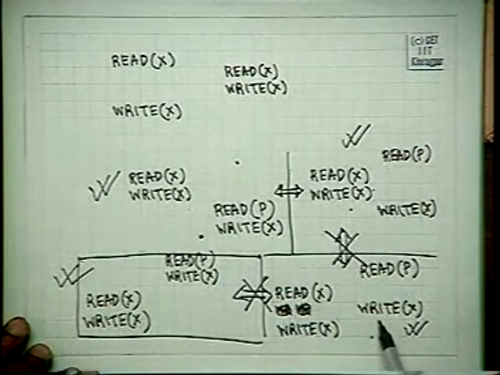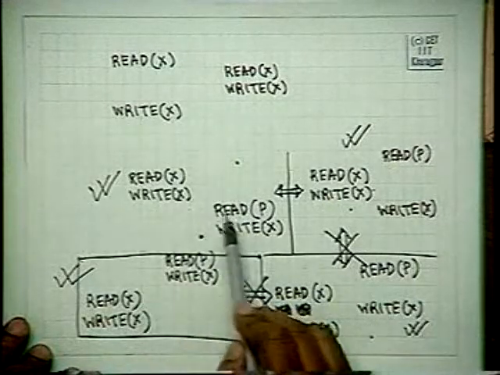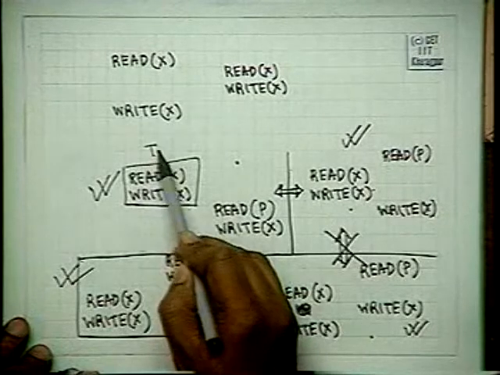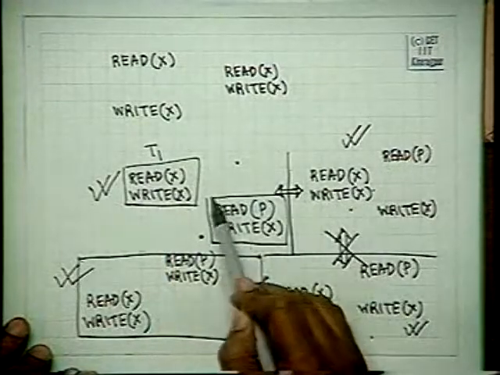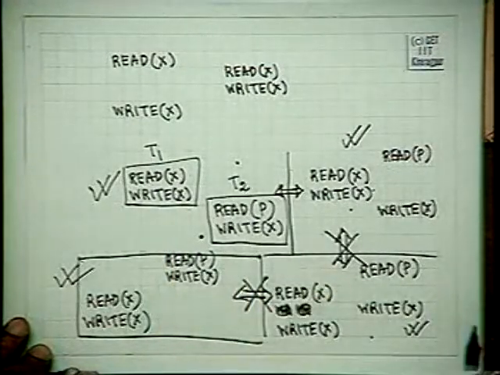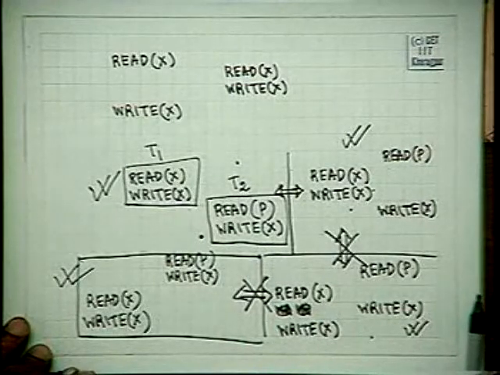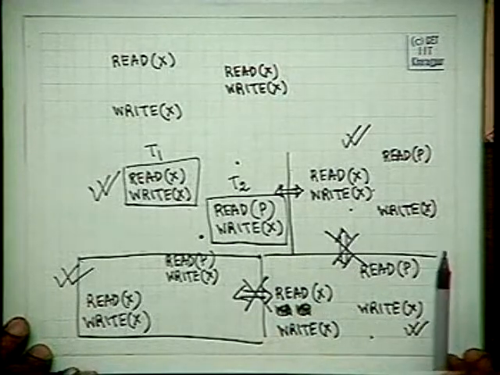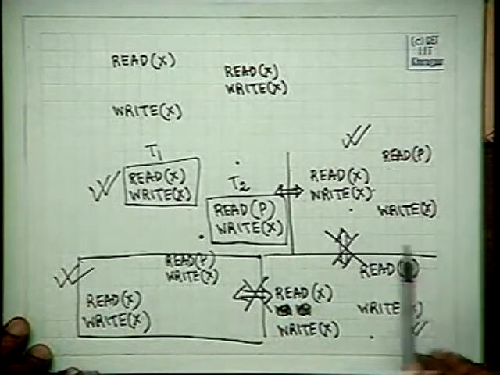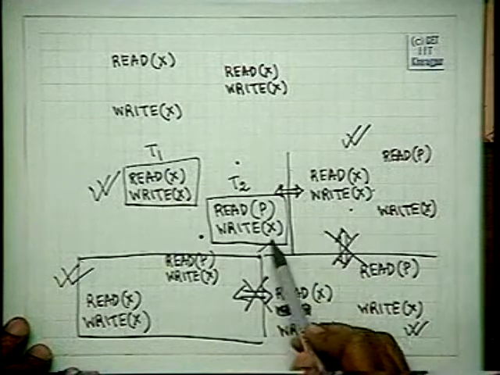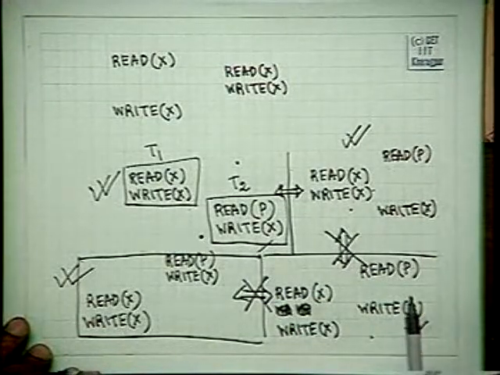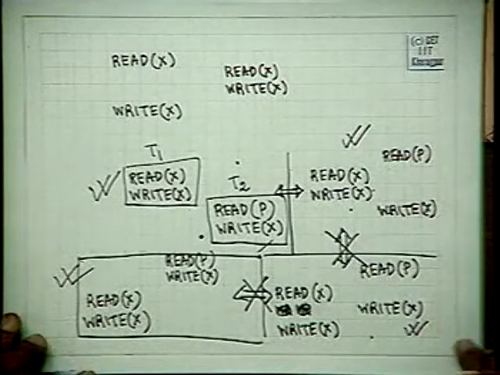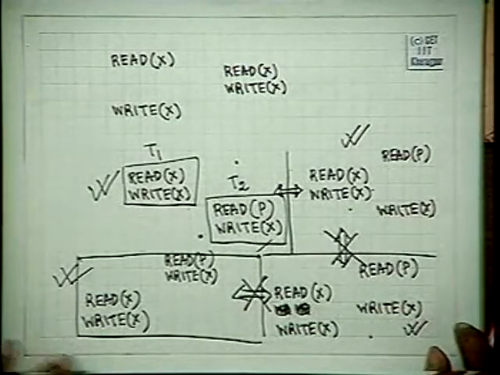Then followed by read P and write the top corners. See, this is one transaction T1 and this is another transaction T2. So this means that there is one read X in T2 which is before this. It reads a value from a variable P and writes it into X. It reads my salary and writes out my PF. There is no problem. Does it mean that the current schedule we have in our hand will lead to